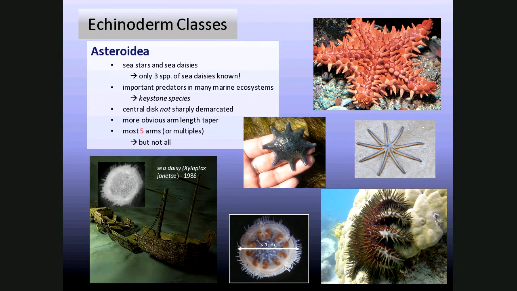Now, the thing about sea stars that separates them from another group that we'll move to next, which are the brittle stars, is the sea stars, the central disc and the arms kind of blend into one another. They're not sharply demarcated. And the arms taper. It's more obvious the way the arms taper. Don't get fooled by the multiples of 5, though, in that pentaradial symmetry. Not all of them have just 5 arms, like that one over there. What's that, 9? 1, 2, 3, 4, 5, 6, 7. Yeah, 9 arms on that Florida species here.